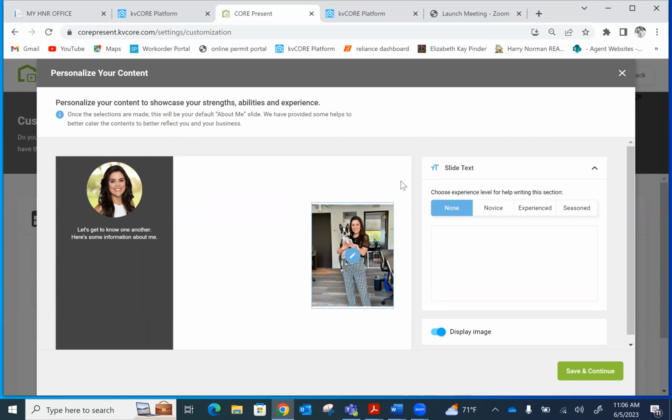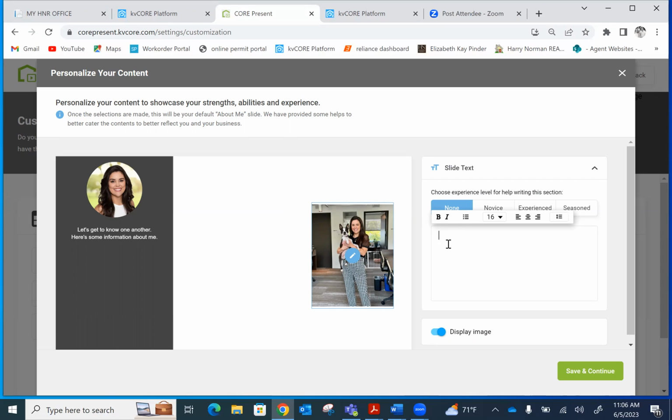And you can see I'm signed in and impersonating Carrie Calla to give you a full agent experience. So as you may or may not know, Carrie has an assistant. It's a 4-legged friend named Dolly. So she might want to include that to give a little bit of personality for a prospective client to connect to. So we've uploaded that picture here, and then you can see we have a text box that's open format,